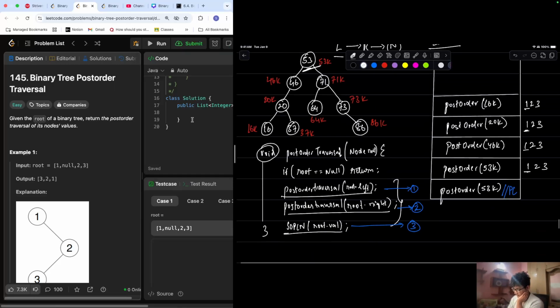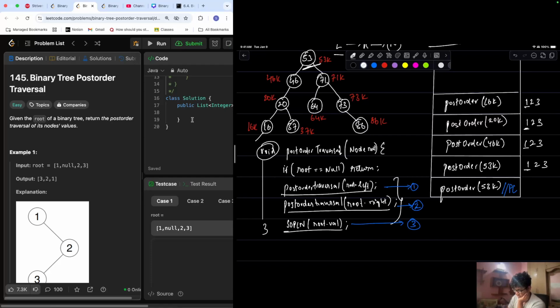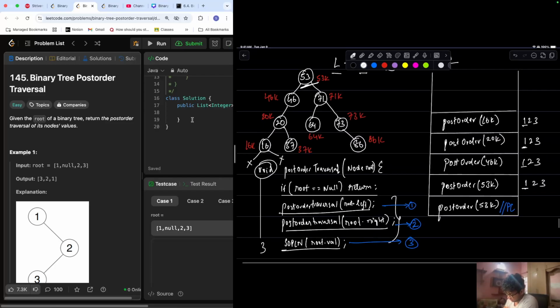Now if you see for 16, does this have any left or right? It doesn't, right? So that is exactly what my base condition is handling. For any value which is null, if the root is null, it's just going to return. Since this is a void function, we don't have to return anything, we can just say return. Now what we're going to be doing, we're going to be calling post order of